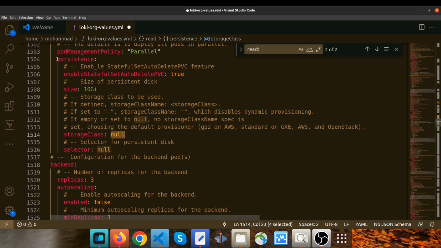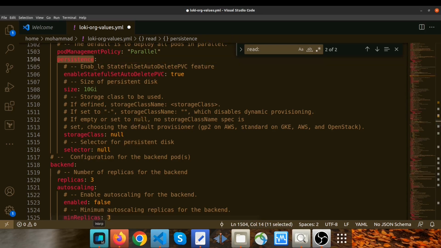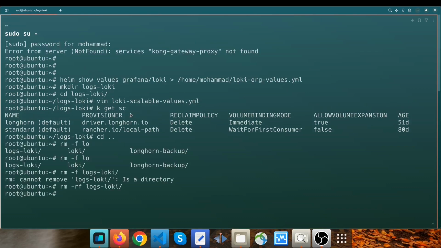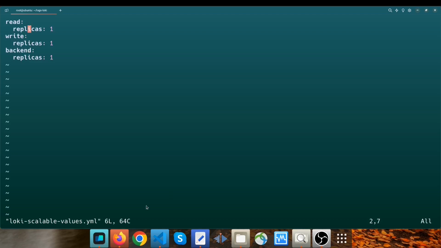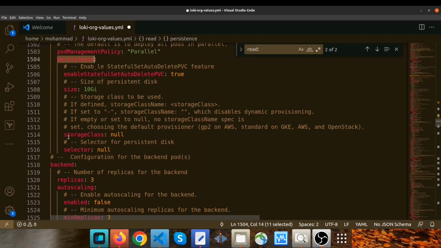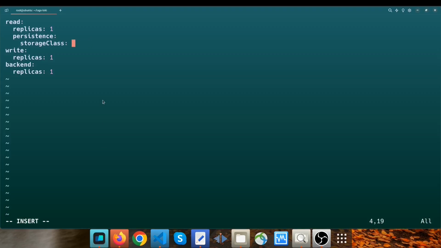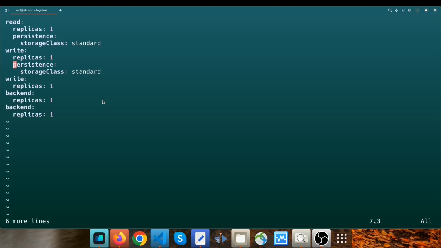So I need to type persistence. I go to my file here, Loki scalable. For example, for the read component, I type persistence, and its storage class will be standard. Okay, I copy these two lines for the other two components as well. For the write component,